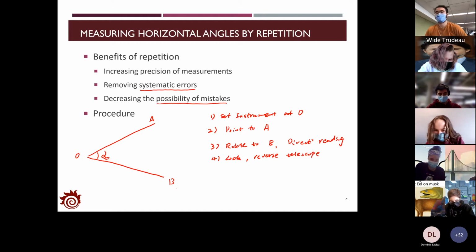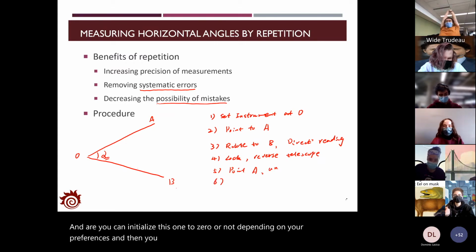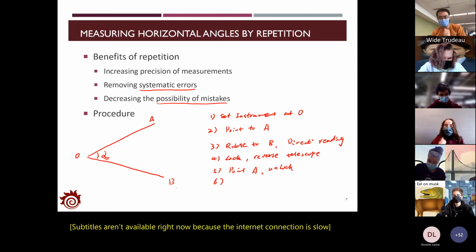And then we will point to A, and then point to B and point to A, and unlock the instrument and start the measurement again, and then point to B, and then get the reverse reading. So this is the reverse reading, and we're gonna go back